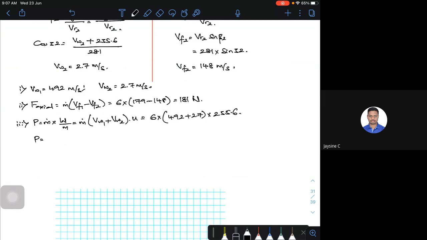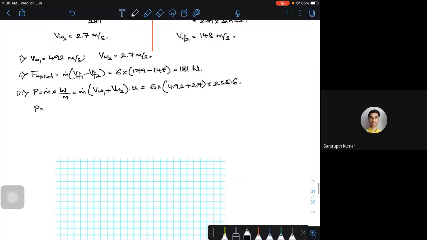How much are you getting? Somewhere around 685 or something you have to get. Let's cross check. Around 650 plus. Yes, sir, 690. 690, yeah? Okay, fine. 690 kilowatts. This is about the problem using the regular trick.